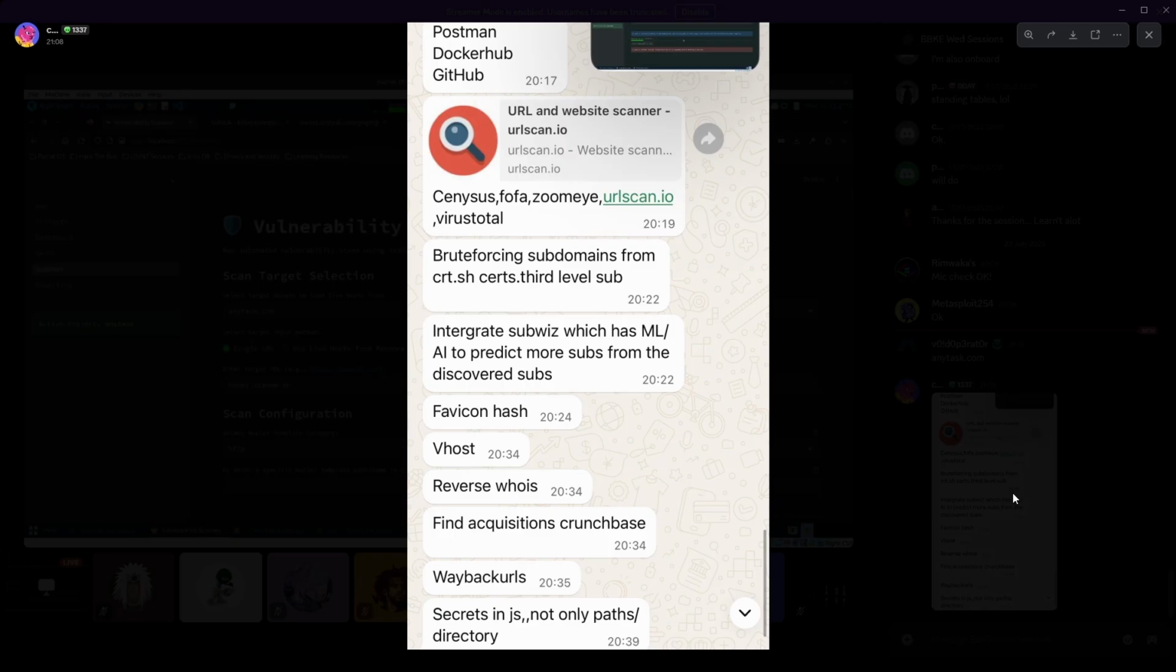Subwiz, that I can check on that. Censys, Zoomeye, Aristotle. So that's for subdomain scans. So I think the tool that I was talking about, if I had mentioned, I think I had mentioned about